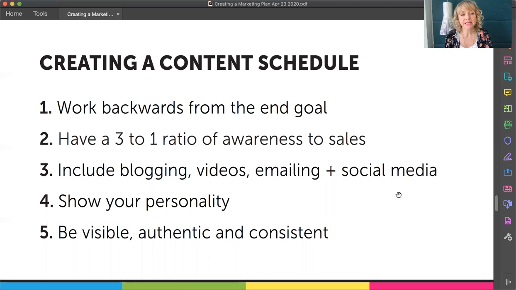And this is where you really need to show your personality, which is number 4. Don't forget, don't just become robotic in what you're posting. Share something really meaningful as much as you can. Don't just create content to create content. Share thoughtful insights, share things that you're experiencing, and really show people who you are because they want to know you. And be visible, be authentic, and be consistent, right? I talk about that a lot. Visibility, authenticity, and consistency are really key to creating brand chemistry.